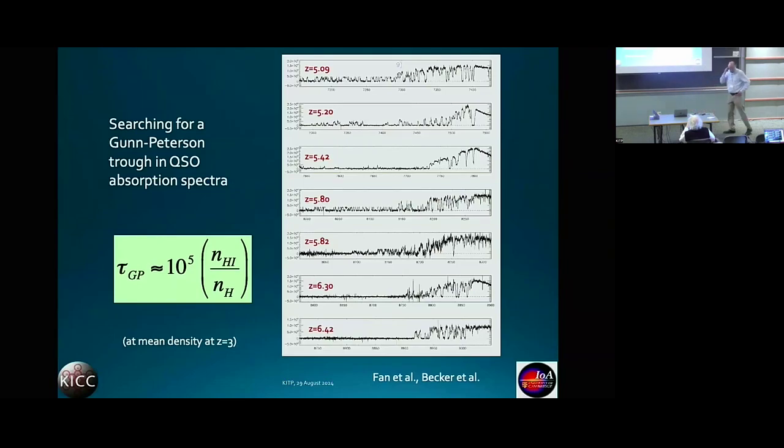Ever since the first quasars were discovered, there was a paper out very quickly by James Gunn, who predicted that the quasar spectra should actually be fully absorbed if the IGM were neutral for any reasonable parameters. And this is sort of put here as a small formula. The optical depth for fully neutral hydrogen at a redshift of 3 at mean density would be 10 to the 5. At redshift 6, it would also be something like 10 to the 4.